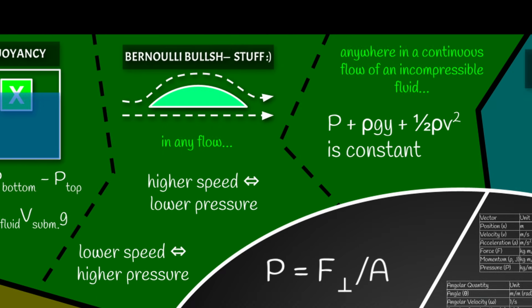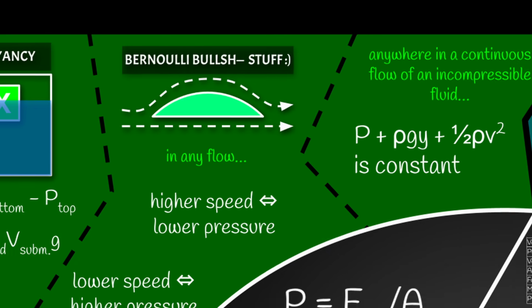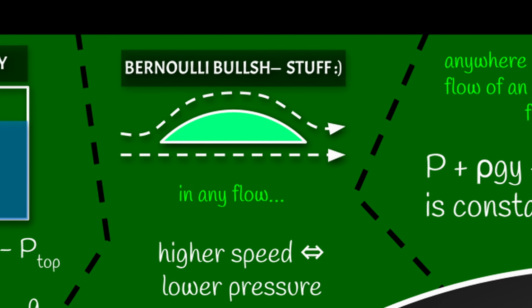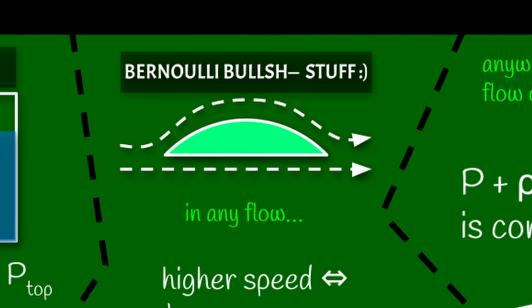Lastly, we have a distinction to make. Bernoulli's principle, which is that in any flow, higher speed means lower pressure, and lower pressure is where the fluid is moving faster, is always true. This is why airplane wings work. The air moving above the wing has to speed up, and this means the pressure pushing down on the top of the wing is smaller than the pressure pushing up from the bottom of it, and this creates a net